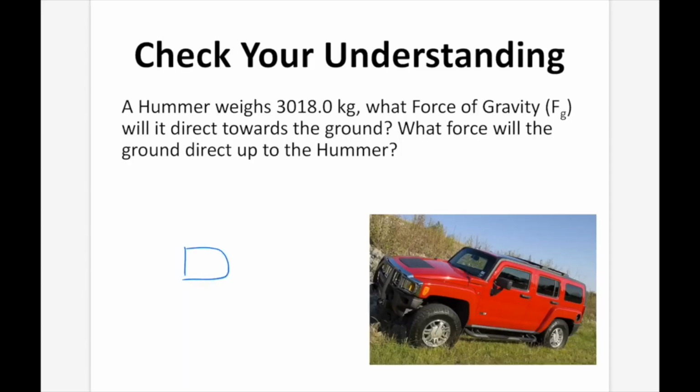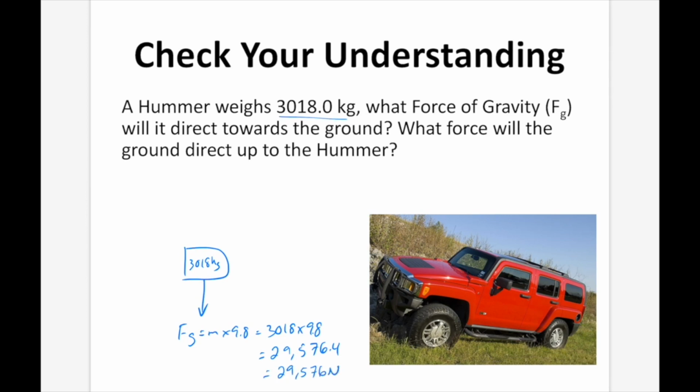Now let's draw it out. There's our Hummer. We said that the Hummer weighs 3,018 kilograms, and we're asked to find what force of gravity will it direct towards the ground. Well, this Fg is going to equal mass times 9.8, which is going to equal 3018 times 9.8, and that's going to equal 29,576.4. We need to have 5 sig digs in our answer, so our final answer should come out to